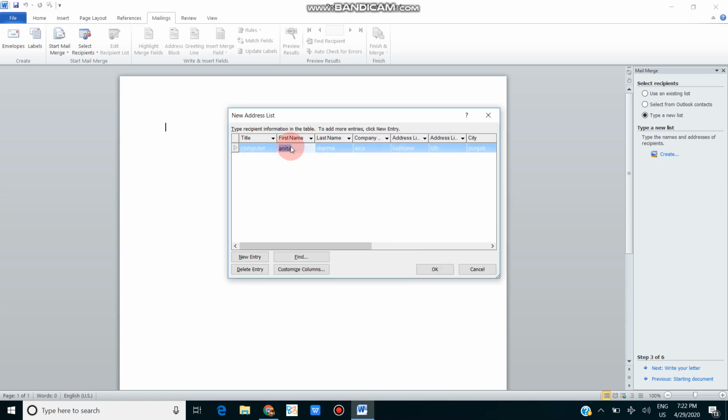Here it said to make the changes. So I will change it to any other name, Amita. If you want to make a new entry, you will click on the New Entry option. You see that. Here again I will write IP. Then here I will write any name, suppose Ram Sharma. Then company name AICA. Here city or address, again address, then city, any city.